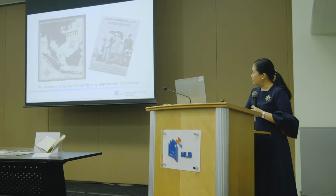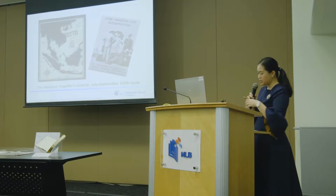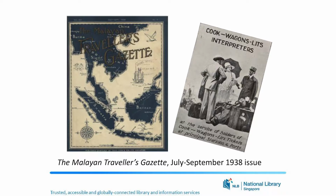Right, this is another one of Thomas Cook's publications. This one I thought is interesting to mention because besides servicing the European tourists, they also offered a suite of services for clients traveling to Europe. Because when they travel to the United States or China, sometimes they don't go further up. They'll come back. Like, I read about this travel account where